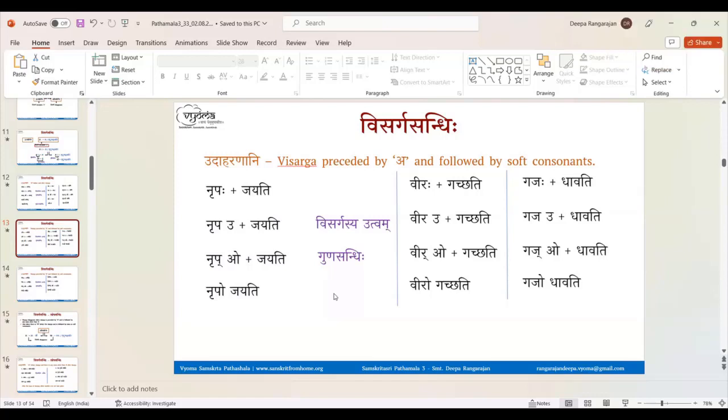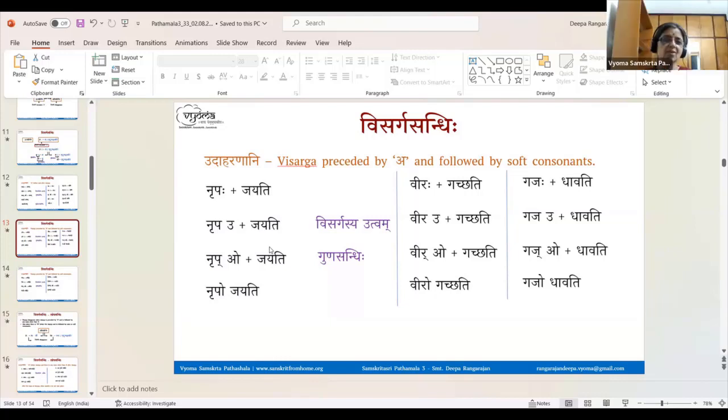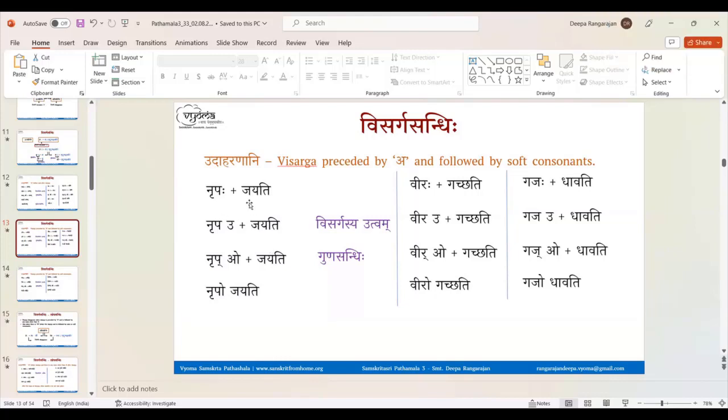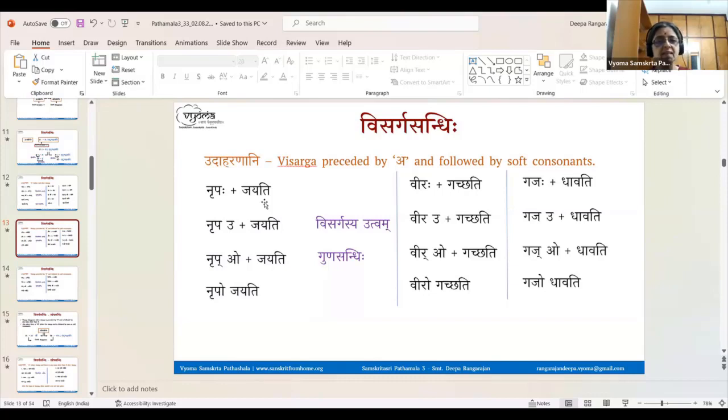Okay. Jayati: some students were saying akaram. I don't understand why they are taking the akaram from Jayati. That is wrong. Jakara is the first letter. Sometimes the confusion happens because if it is, say, Vigamishati, then there is a tendency, because the line precedes the Jakara, to think that Ikara is the first letter. So the reason for the mistake could have been that, but Jakara is the first letter.